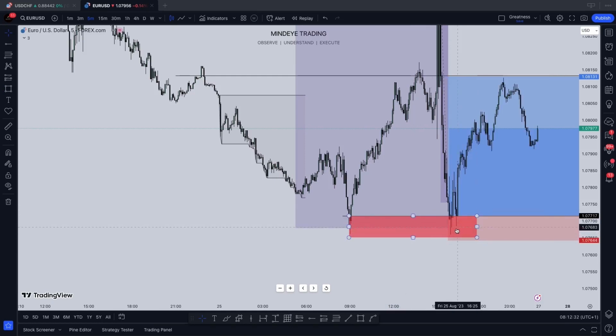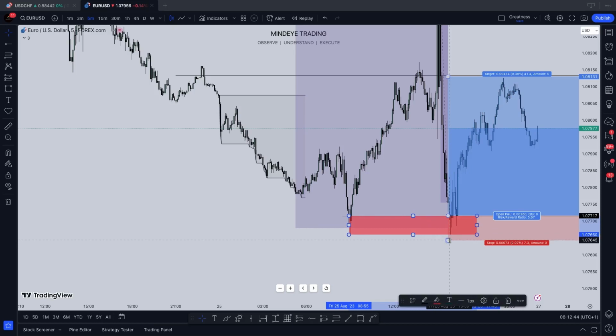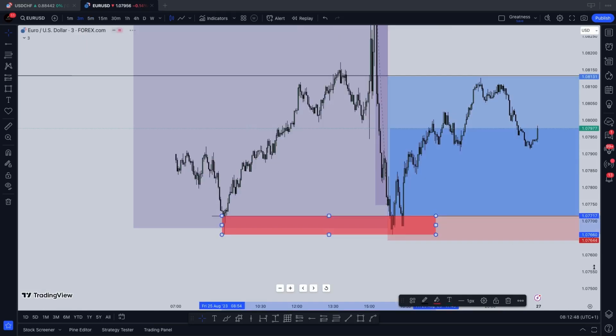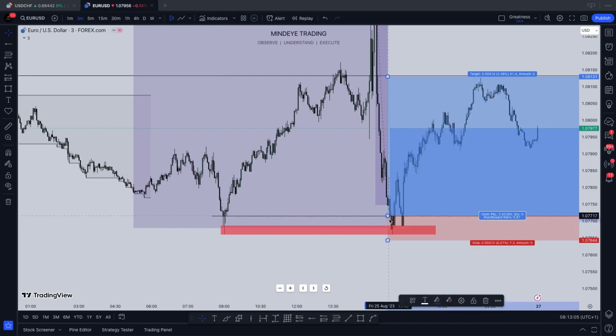And of course, it also pierced below. For those people who usually use the open and close price, like the other block, they might be knocked out. While those who use the wick and below the wick as their stop loss, like I did, will be saved. But going to an even lower time frame, which sometimes I do not bother to go to. Now, for those people who understand how to use wicks, I believe those who have been taught must have learned how to use wicks for price selection. And if I had gone to a much lower time frame, this would have been my entry, and that would have been 1 to 10 risk to reward instead of the 1 to 5 that I got from the trade initially.